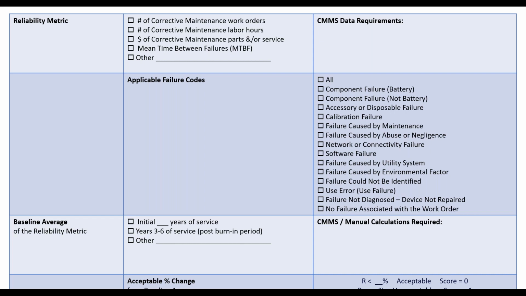And then from our earlier conversation about the standardized failures, we have all of the standard failures. Are you going to use them all? You know, let's just pull them all up. Or are you working, because some organizations will look at a specific equipment type. They do their planning by equipment types. I only want to look at the user bus right now. I only want to look at CT scanners right now. Or are you looking at your whole fleet, your whole asset? Right? So decide what kind of failure am I